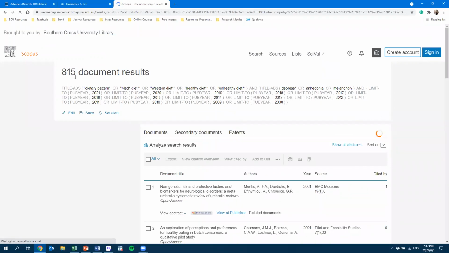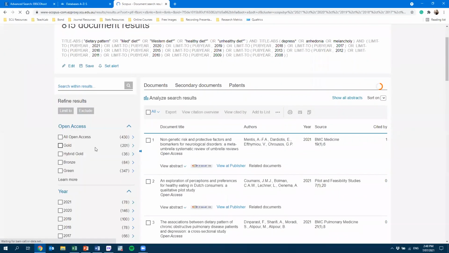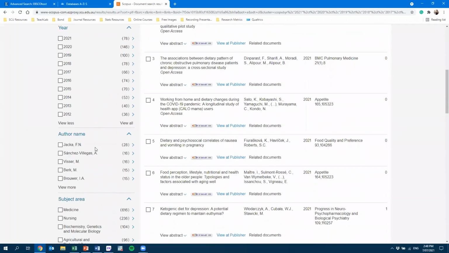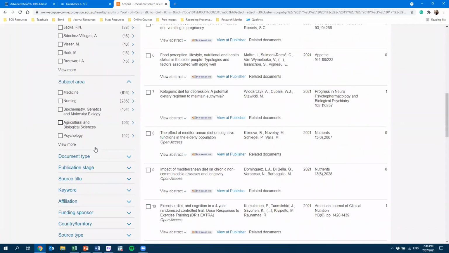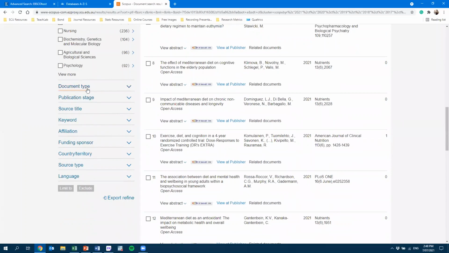Then it comes down to 815. Then we also want to limit to language. We could limit to English. There's 777. Then we could limit it to